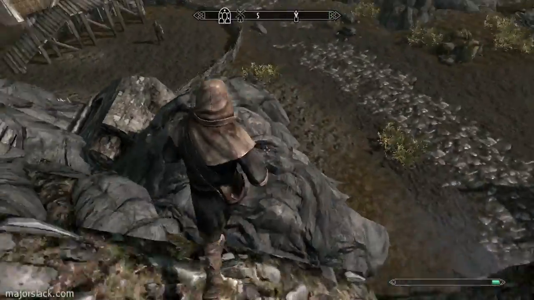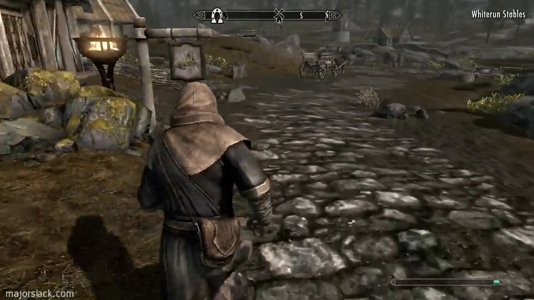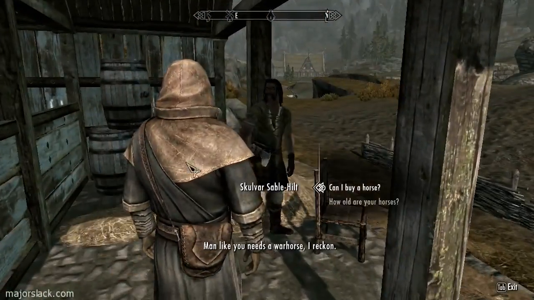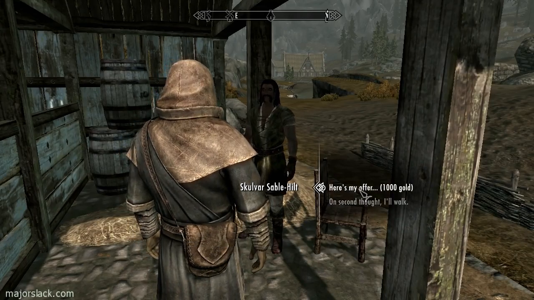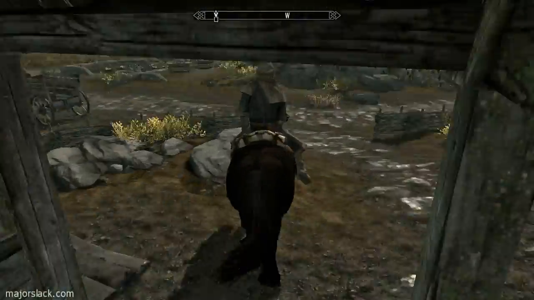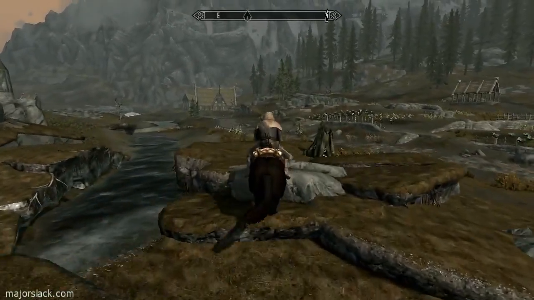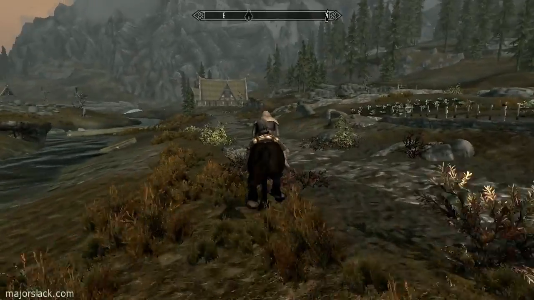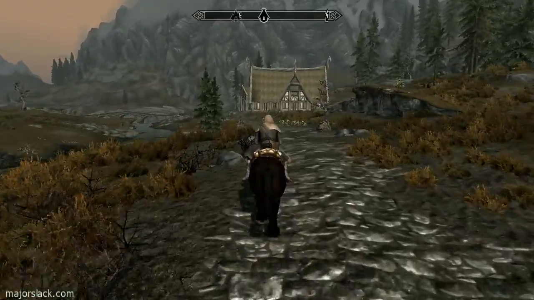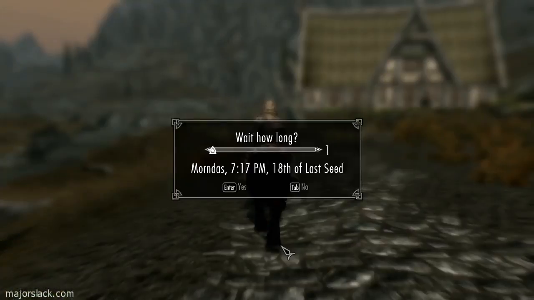In earlier practice runs, after buying a horse, I would go straight to Riverwood and start working my way up to Bleak Falls Barrow. I've since discovered that the wait 1 recharge is not entirely reliable. It glitches out sometimes. So you wait 1 hour, the game advances 1 hour, but it doesn't recharge your stamina. And this has left me with my pants down so many times in front of a gang of ugly draugr. It's screwed up my speedrun so many times that I decided to create a different stamina management plan, and that is to loot the Honningbrew Meadery. Okay, in the Honningbrew Meadery there is